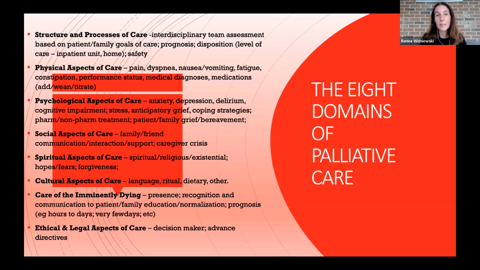Symptoms such as pain, dyspnea, nausea, vomiting, fatigue, constipation, performance status, medical diagnosis, medications, when to add medications, when to wean them, and how to titrate them. And this isn't specific to oncology, although most of the symptoms are present in oncology, but can be present in other chronic illnesses such as heart failure, diabetes,